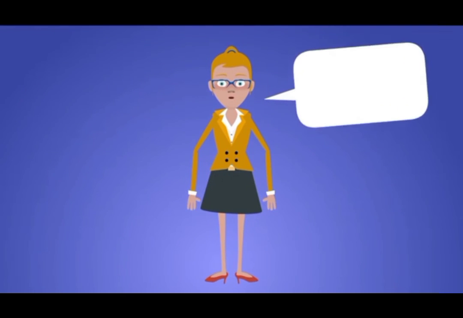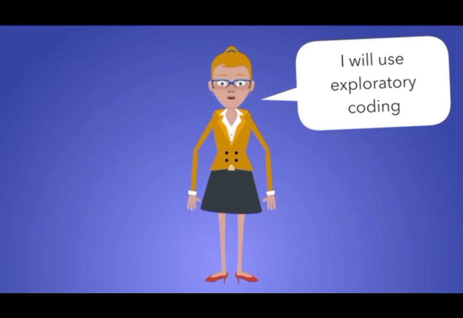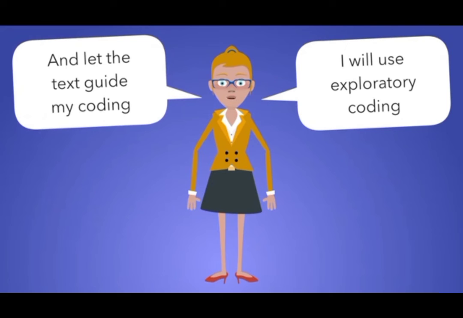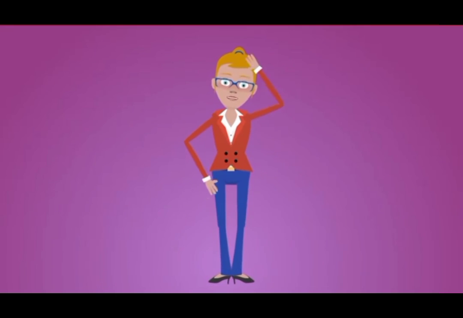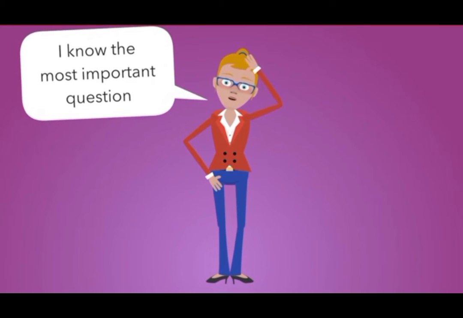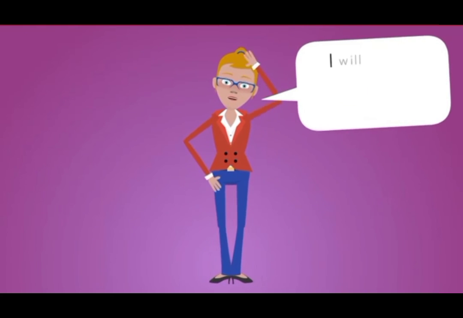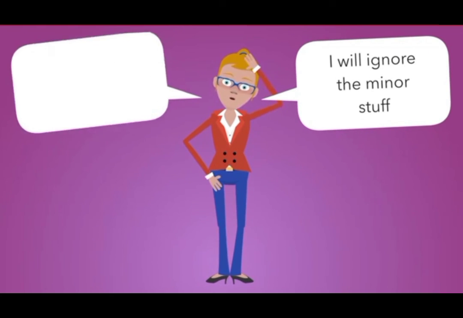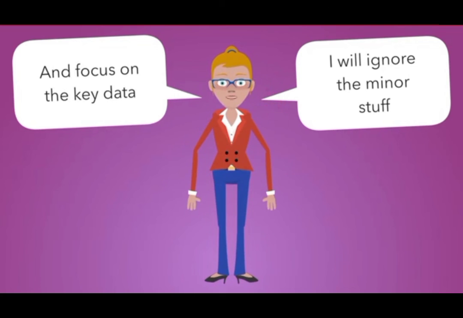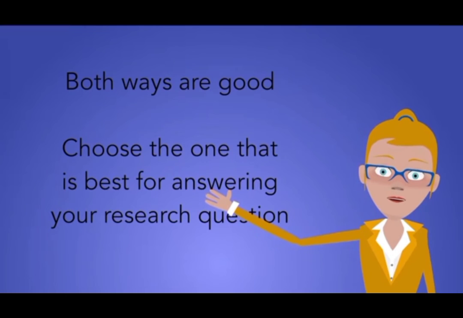Some people code to understand what's going on. They're using exploratory coding. They try as much as possible to just let the text tell them what's happening. Other people know which questions are most important, and they're going to disregard 20 to 80% of the interviews that they've conducted in order to get to the meaty questions that they really want people to answer. Both are fine ways of going about coding, but it depends on your discipline. It depends on your research agenda.